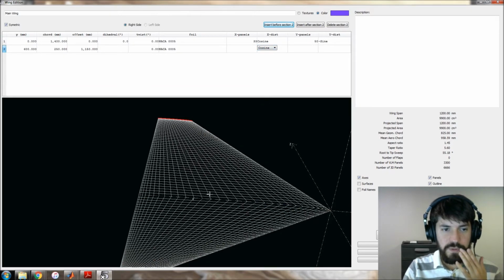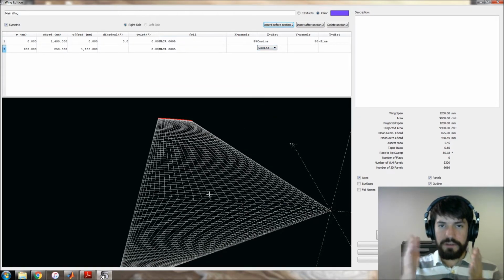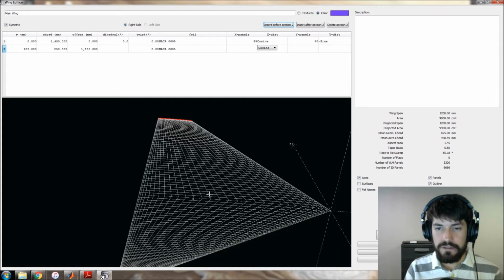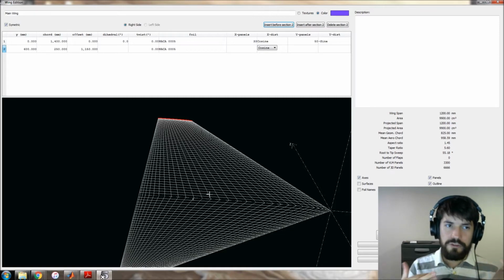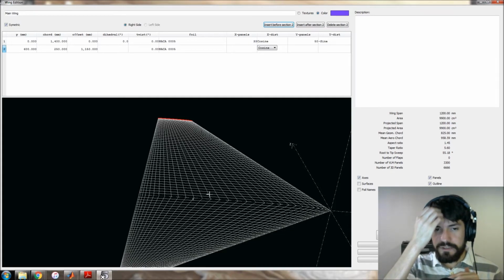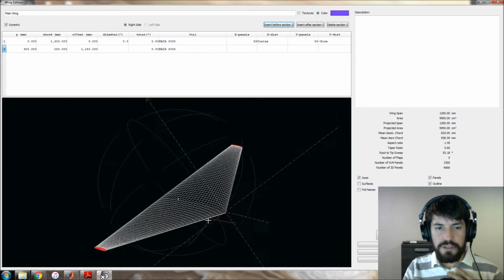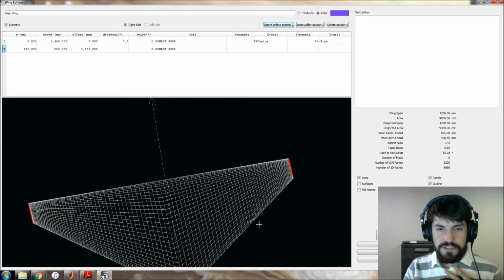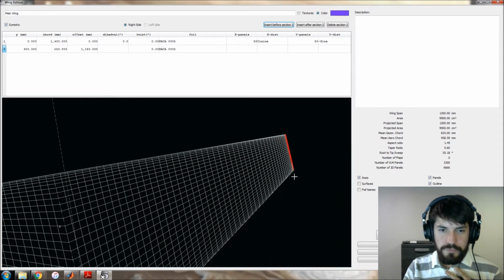It's a good idea because you want more panels if things are changing more, and you expect the flow field to be changing a lot, particularly near the leading edge, but also near the trailing edge. And so you want to capture all those effects. Similarly, in the y-axis, things are changing a lot near the wingtip, and so you want more panels at the wingtip. And the default here is minus sine, which